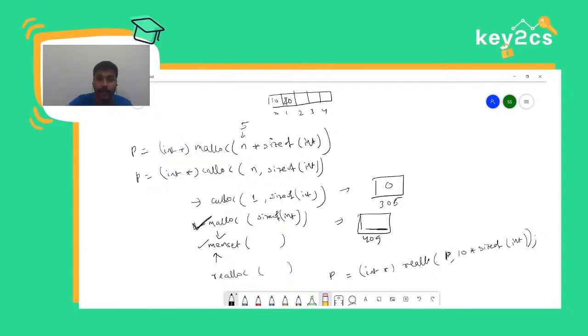It was earlier 5 blocks. Now it would be 10 blocks. So this is how you can use this realloc to actually reallocate a previously allocated memory. Got it? So this is calloc, malloc, and realloc, or you can say malloc, calloc, and realloc. Got it? Okay, fine. So this is about dynamic memory allocation, like how do we allocate memory